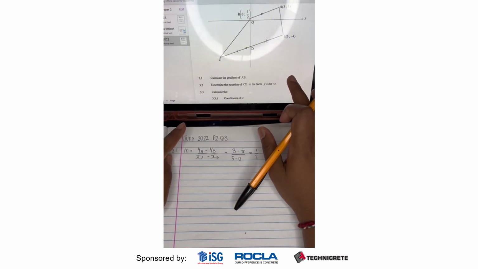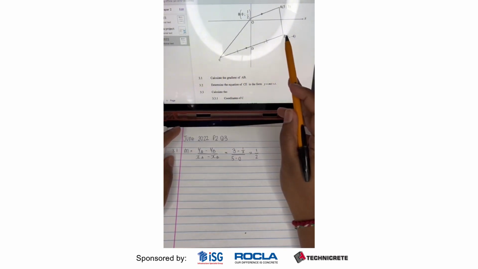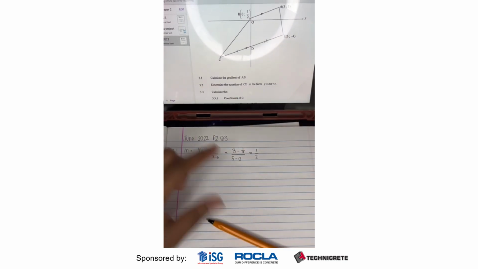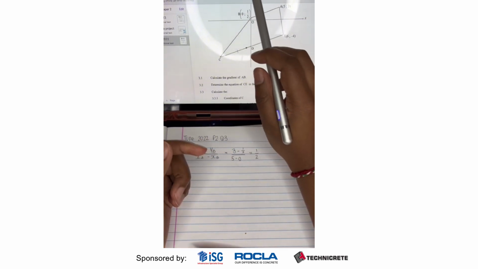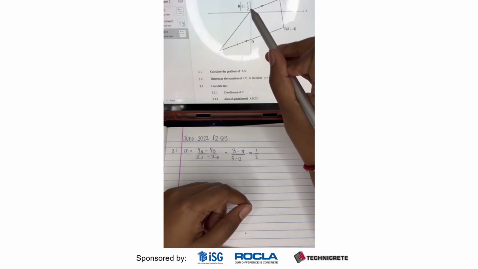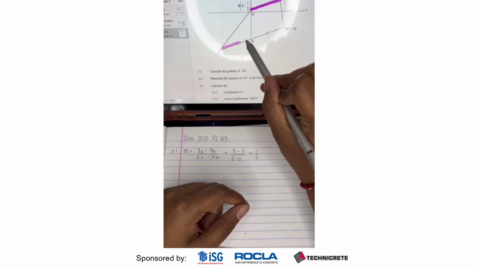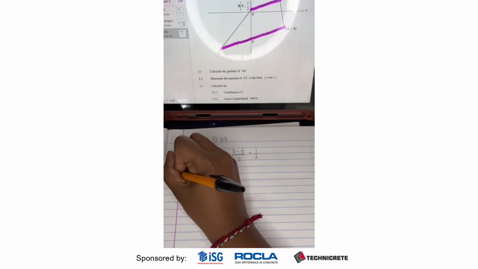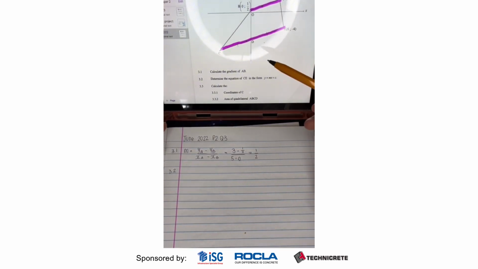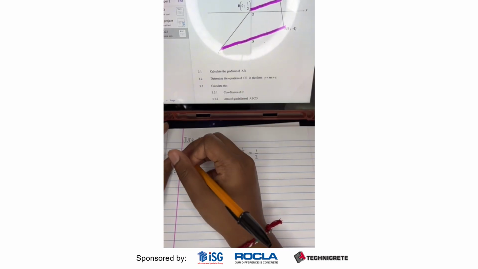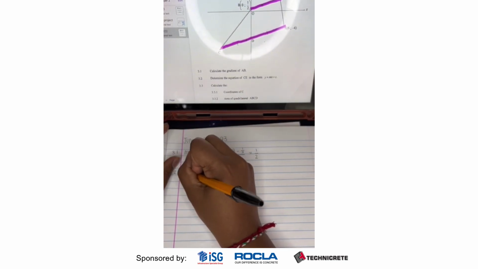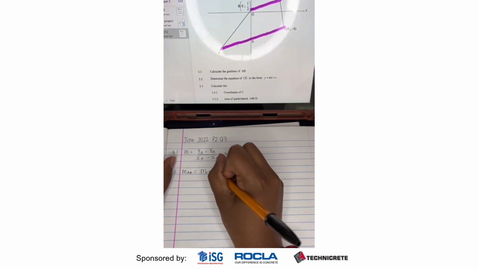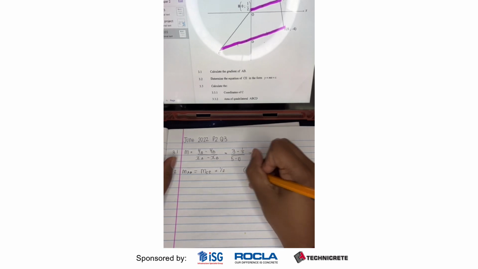The next question says determine the equation of CE in the form y is equal to mx plus c. Okay, so another thing that they gave us is parallel lines. Let's just highlight those. So we've got AB is parallel to CD. Now that is very useful in this question because they want us to find the equation. And what do we know about parallel lines and the gradient? When we have parallel lines, the gradients are equal. So the gradient of AB is equal to the gradient of CE, which is a half,